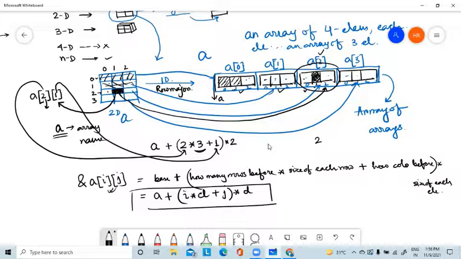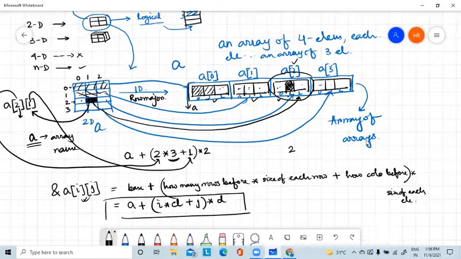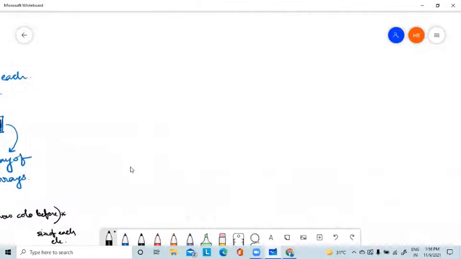Now this is for our type of array representation. Suppose instead of this, your array is represented like this, L1 to U1 for the first dimension, and for the next dimension L2 to U2.